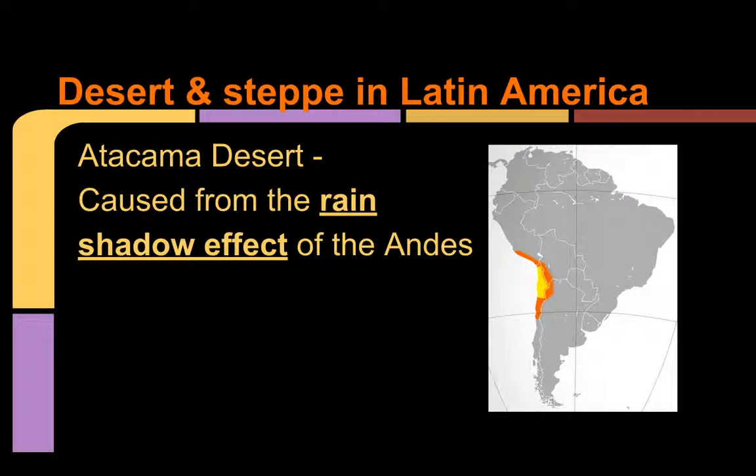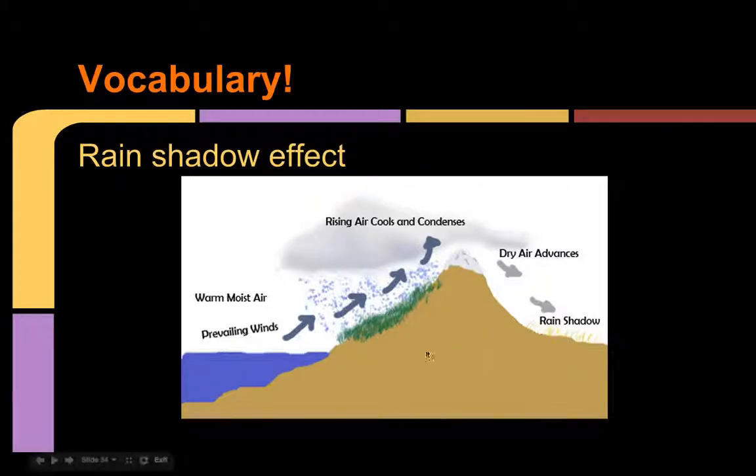Then we have our drier climates. We're going to look at the desert climate, and we're going to look at the Atacama Desert first. It's right over here, and it's actually caused from the rain shadow effect of the Andes Mountains. So this is a good graphic. The rain shadow effect